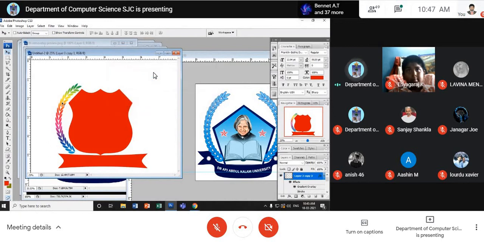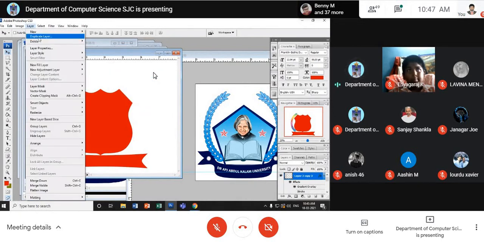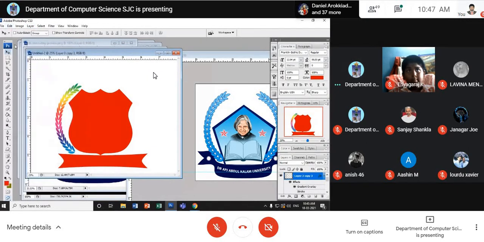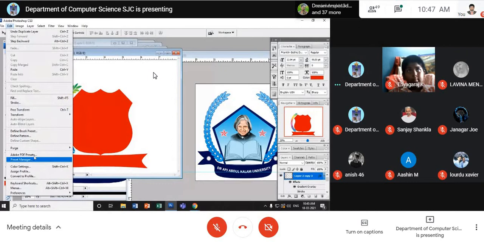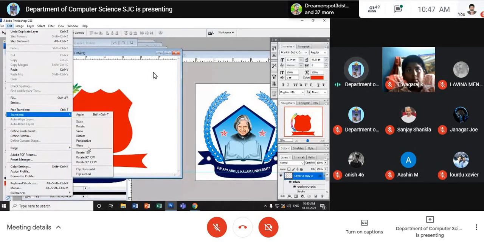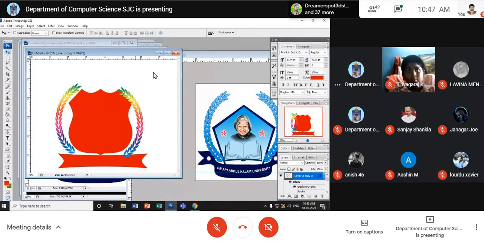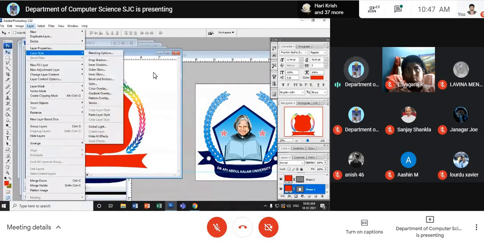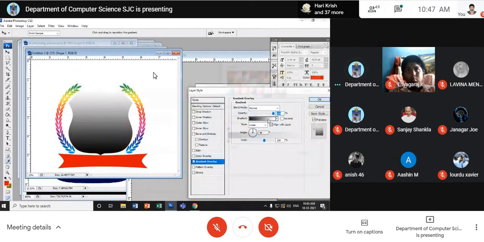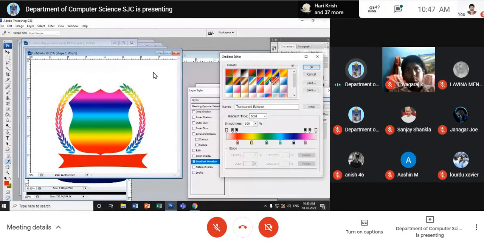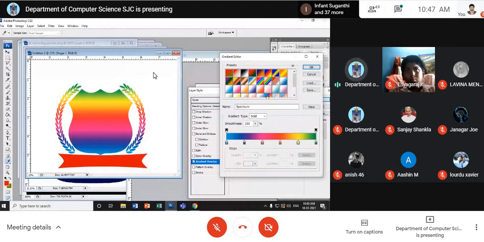It is an alternative to pressing the Alt key. Now I go to Edit, Transform, Flip Horizontal. I keep it here. You can even make it like this: Layer, Layer Style, Gradient Overlay. Click here and change it. Change it to a colorful logo. Make it colorful.